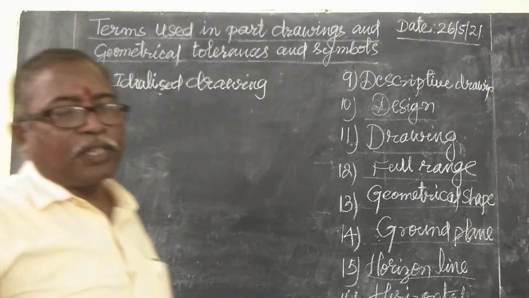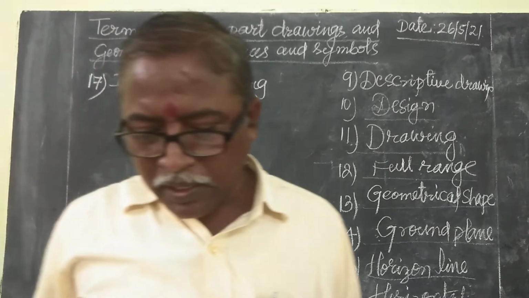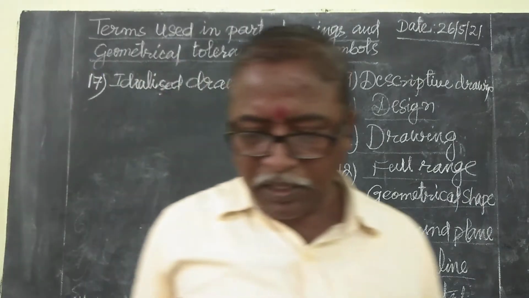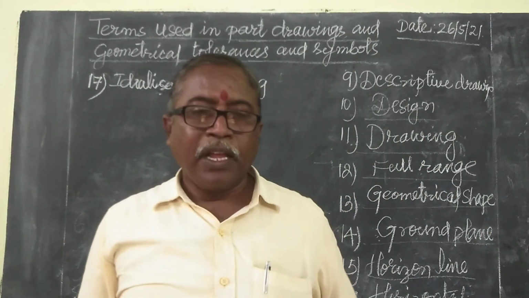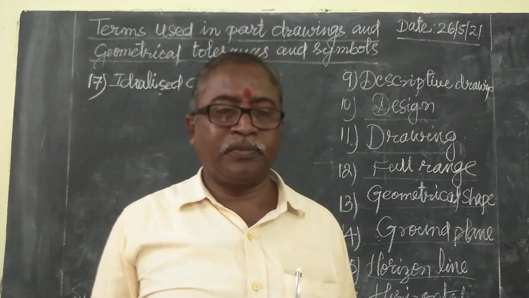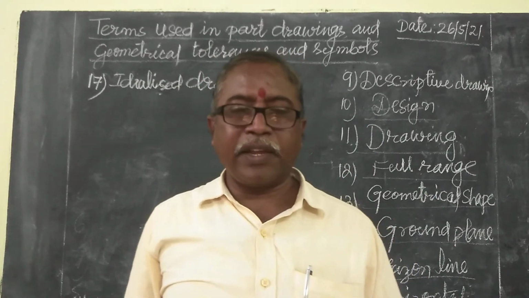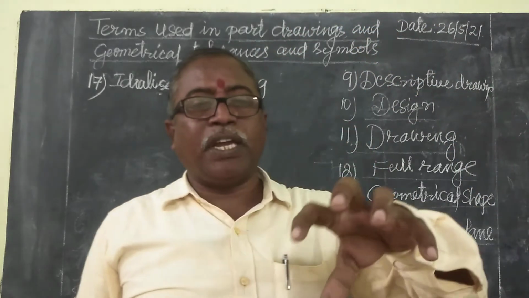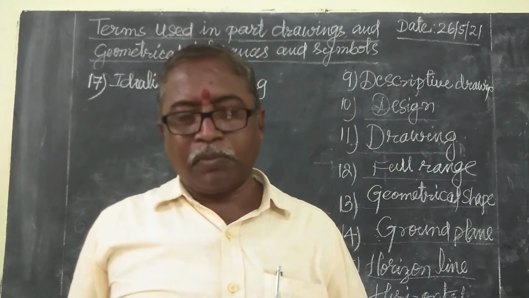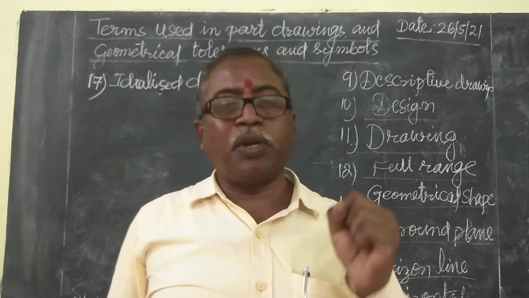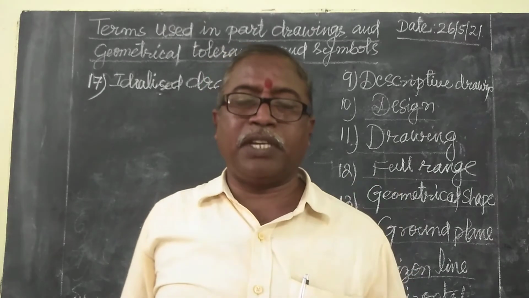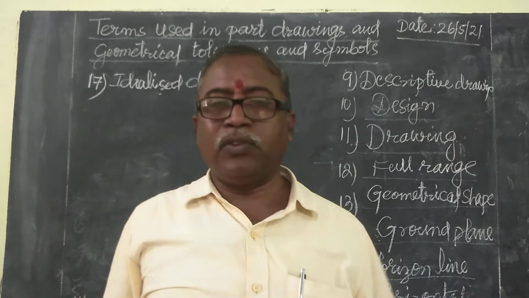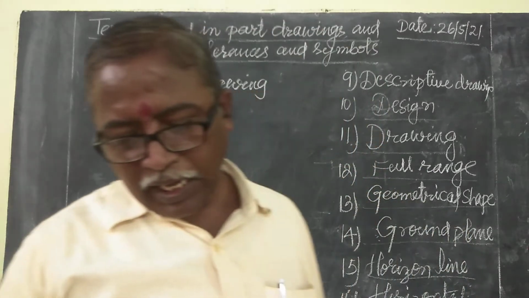So this idealized drawing means you have an idea, a rendering which achieves a satisfactory resemblance to the subject while simultaneously eliminating the imperfections. You have an idea, so you can draw the isometric view on the paper. You have the idea of showing without any problem, no imperfections, it should be perfect. The size is perfect, the shape is perfect, everything is perfect. That is in your mind. I can draw, you will tell. No, that is idealized drawing.